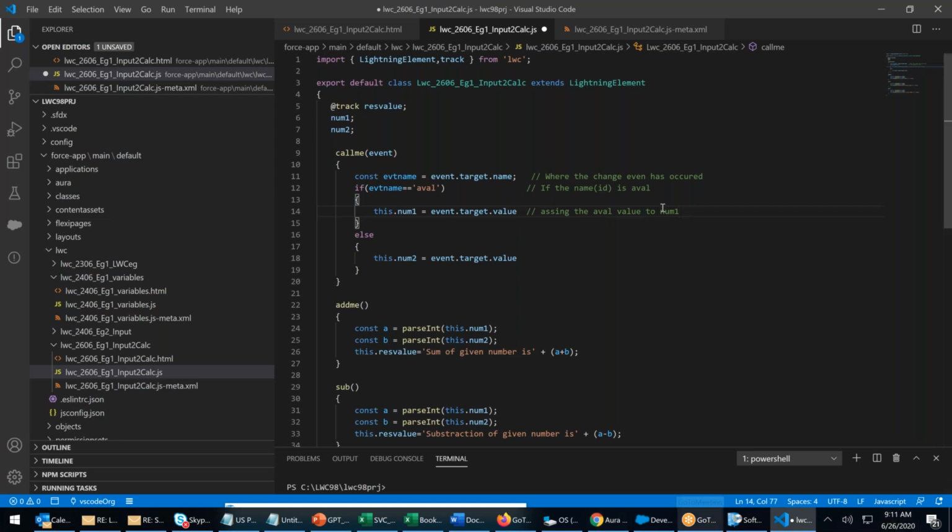Else assign the value. That means if the ID is not eval, then the ID is bval. If the ID is bval, then assign the value to num2. Now you have the value of a and b stored where? In num. I can use it anywhere now.